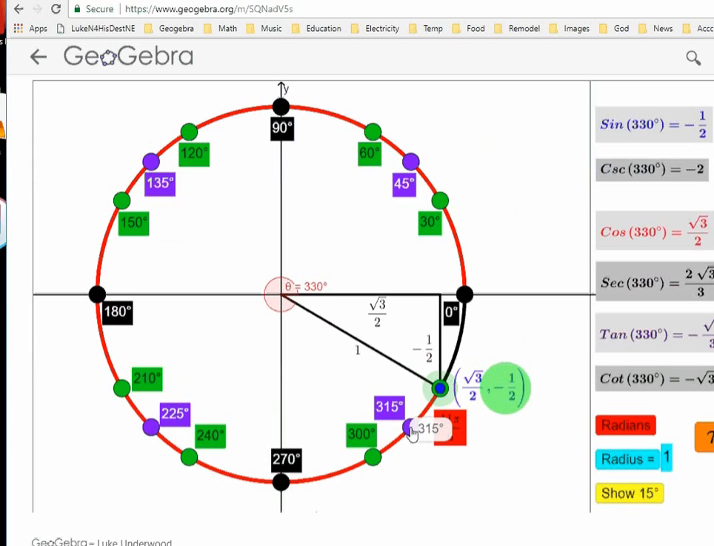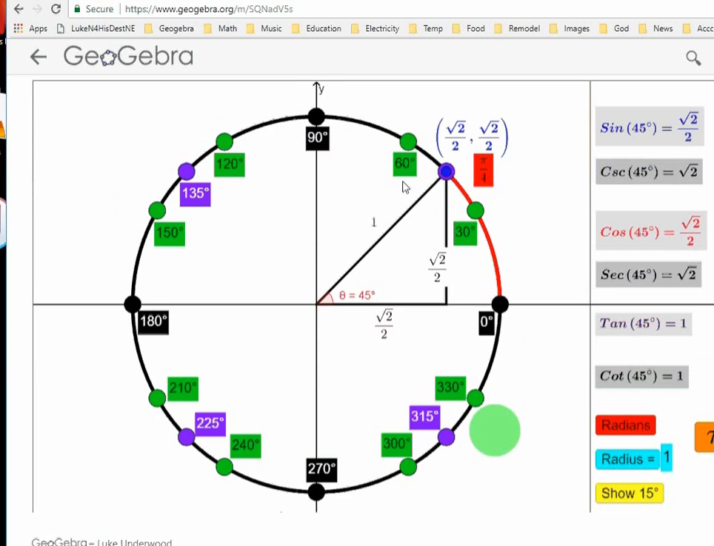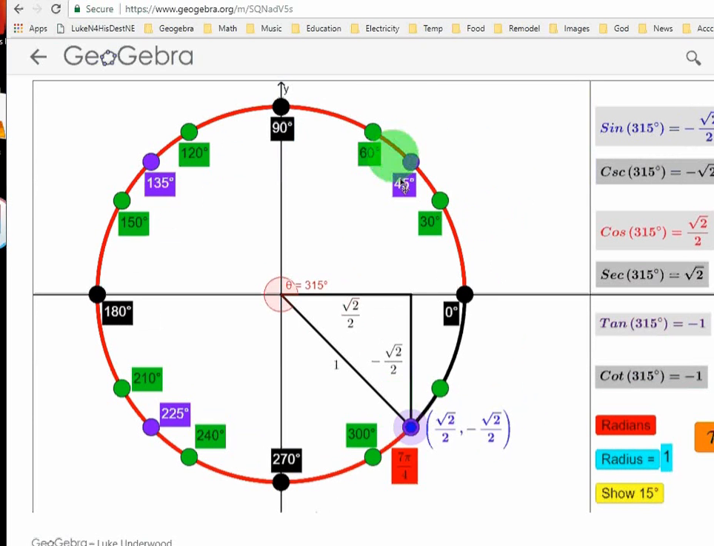If we go to 315, we see that our reference angle is 45 degrees. So if you notice, this point is the same at 45, only the y value is negative because it's below the x-axis. So just play around with this app and you'll quickly see that there's a lot of symmetry and simple rules of x and y values. And this is why we use the unit circle, because it's constructed within the coordinate plane and it's easy to just flip negatives